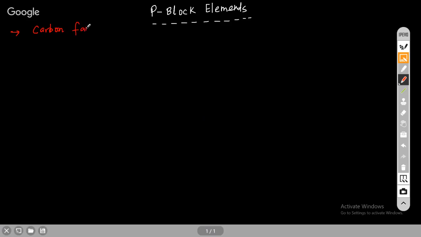In class 11th we have two groups which we have to discuss in P block elements, that is boron and carbon. Right, so we are discussing carbon first, since